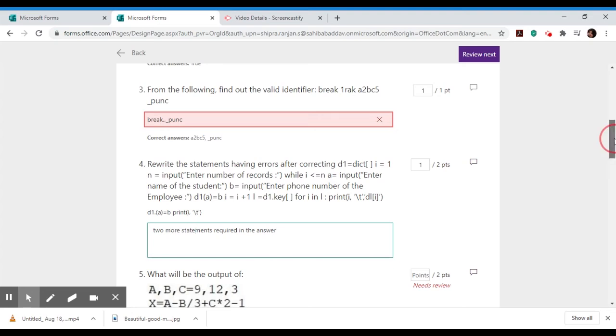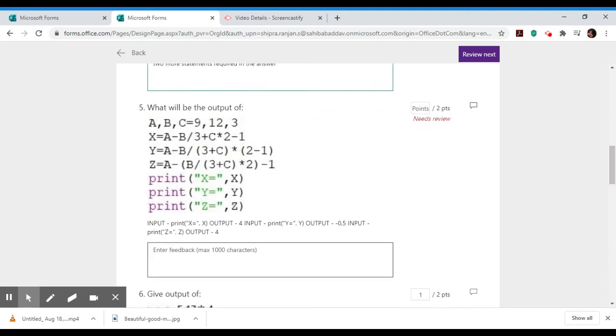Okay. Next is only partially correct, only 1 mark. First two, okay. Only the output to be given.